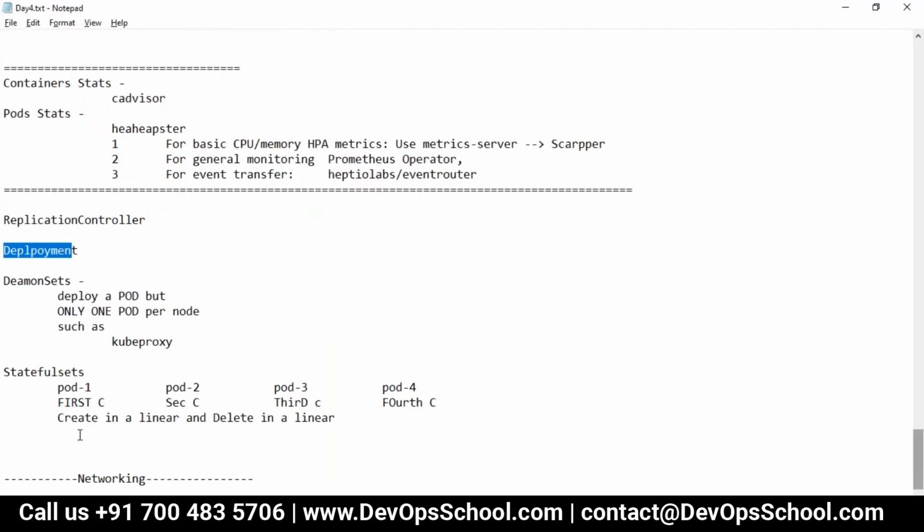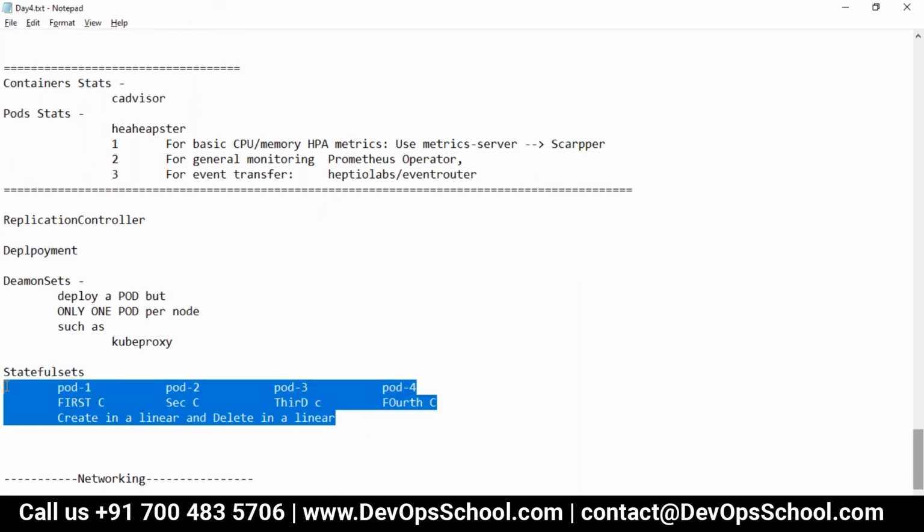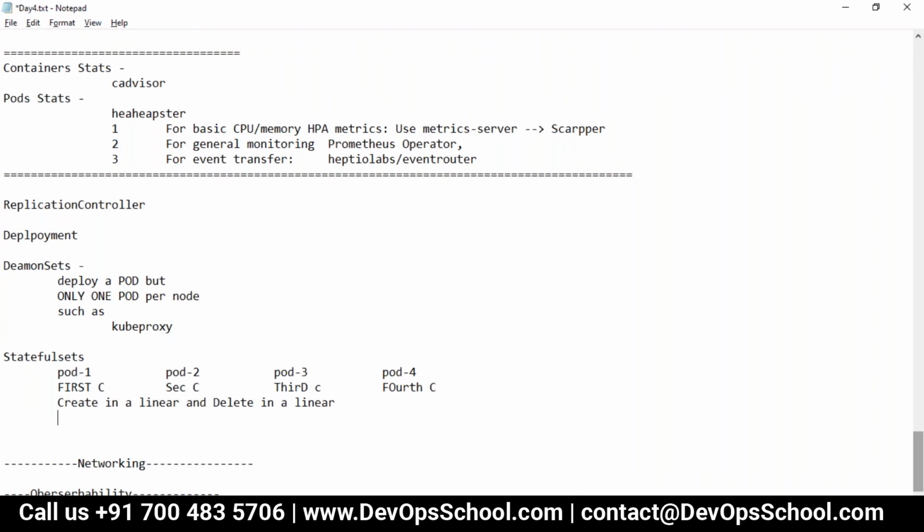It will not create or delete in a linear fashion. Also, the pods will not get attached to the same PV. A Deployment pod will go and attach to any PV that is available.